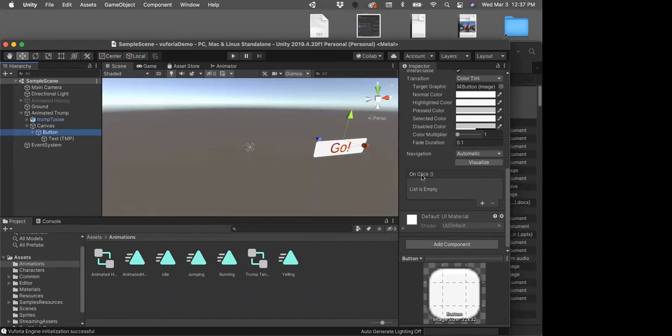So buttons by default have an on-click state. And on-click translates to finger clicking in mobile. So I'm going to go ahead and add an on-click state, and then